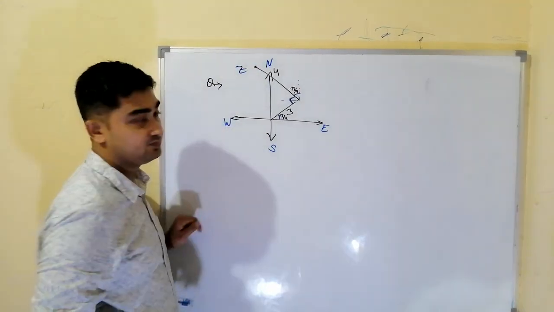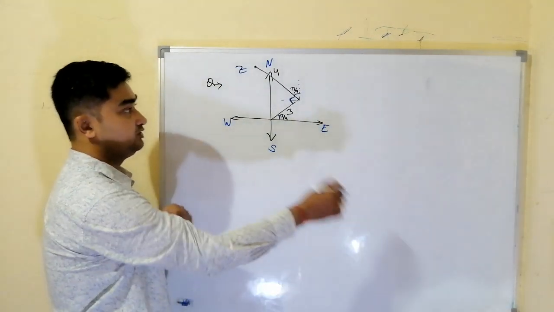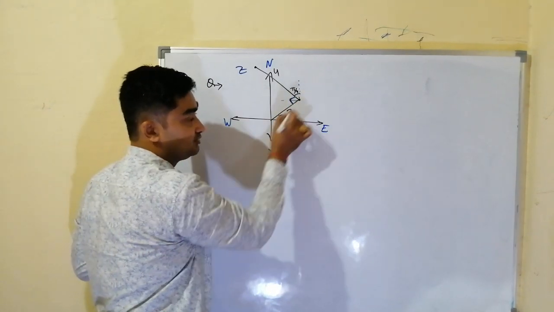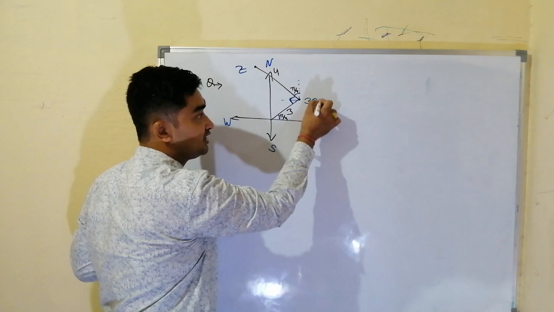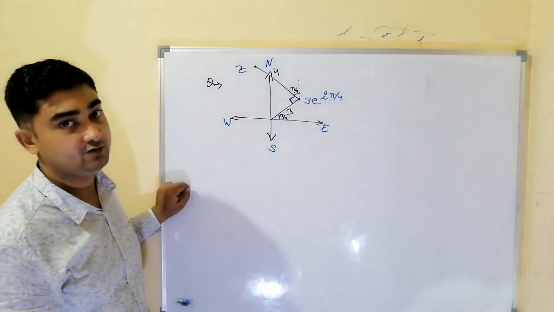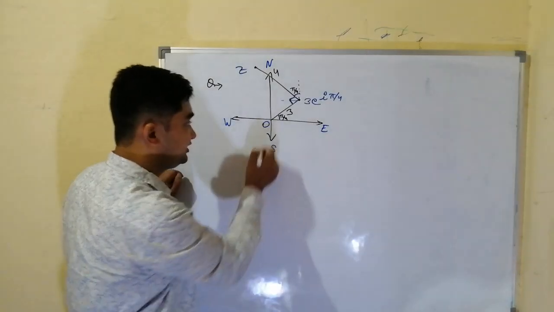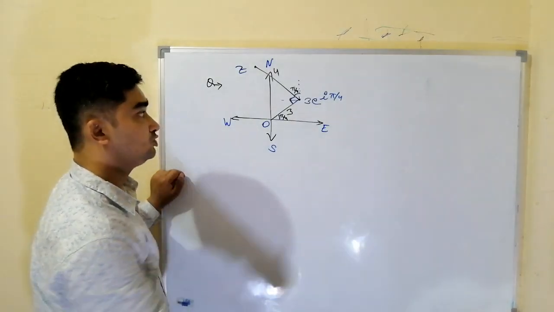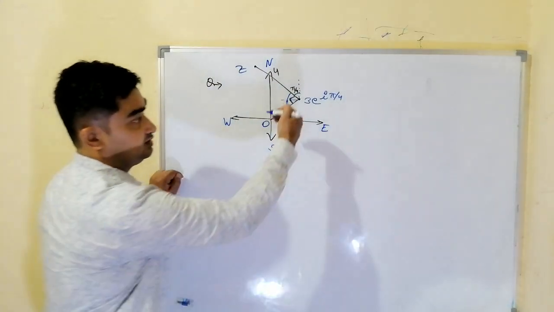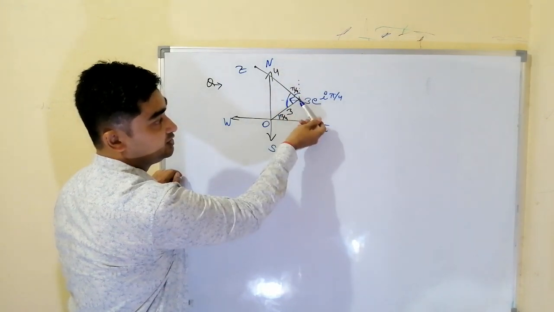Let us say this final complex number is z. Then what is this point? Its modulus is 3 and its argument is pi by 4. So this is 3 into e power iota pi by 4, r into e power iota theta. What is this complex number? It is the origin, O. So look at this rotation. We can rotate this complex number clockwise, or we can rotate it anti-clockwise about this point.